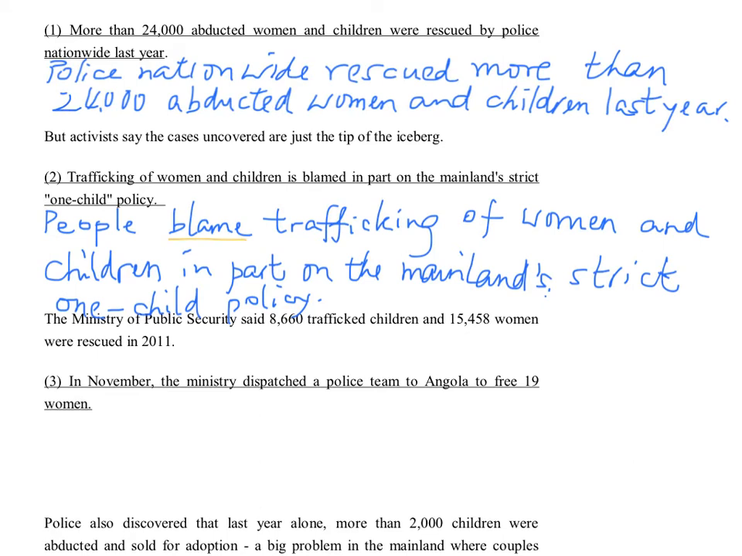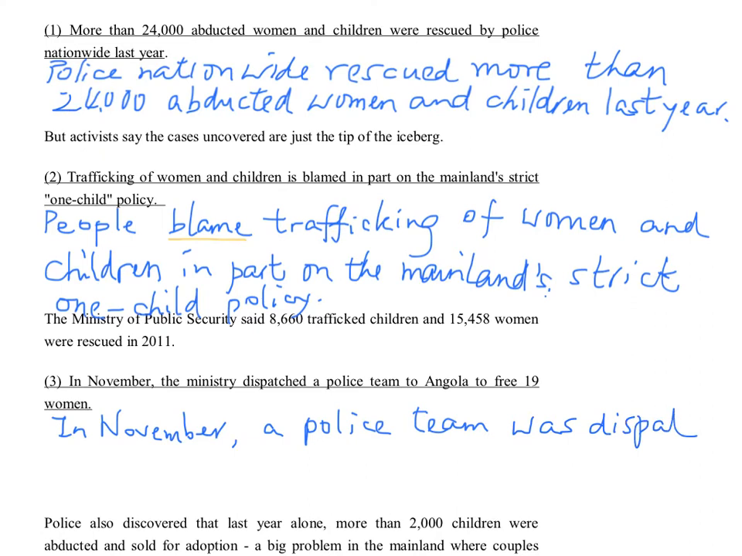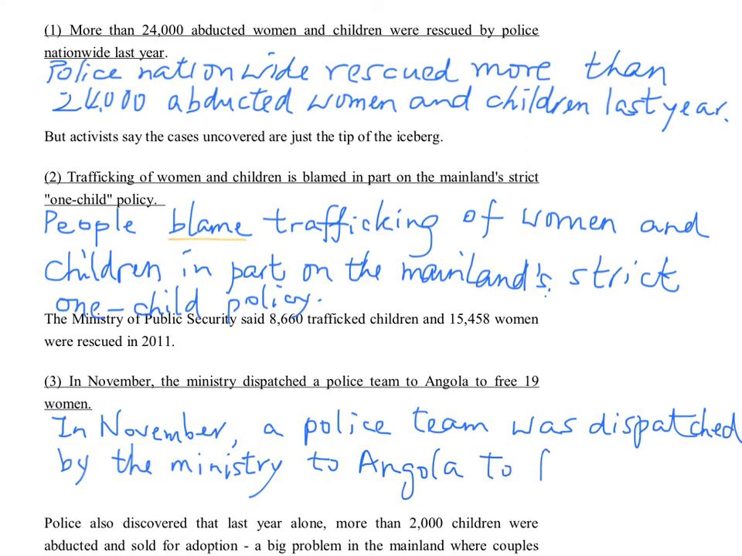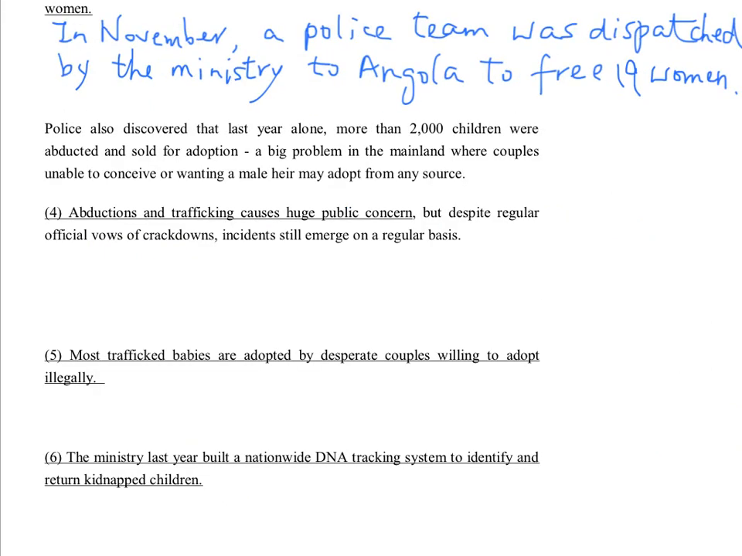我哋用咗 active voice blame 就可以啦。Number 3 in November the ministry dispatched the police team。dispatch 呢就係一個 active voice 解做呢派出啦。咁 passive voice 點講啊？In November a police team was dispatched by the ministry to Angola to free 19 women。大家有冇寫啱晒呢？Number 4原本就用咗 active voice，咁我哋試下用下 passive voice 提翻 public concern。Huge public concern is caused by abductions and trafficking。